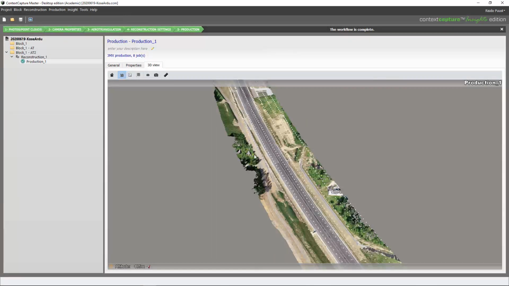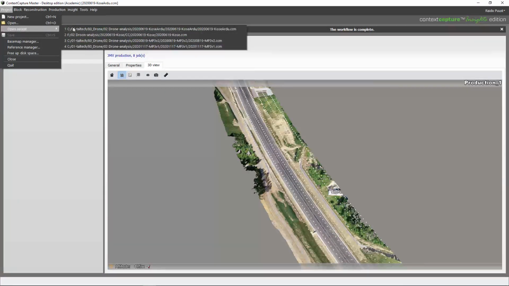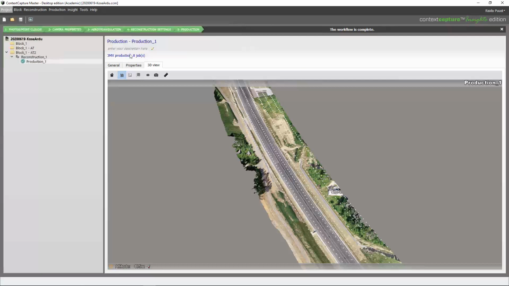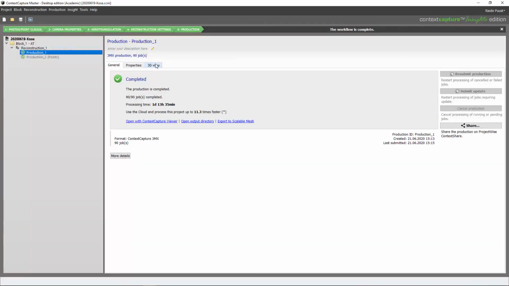Let's do comparisons in between two different PCs that we can use to calculate this model. I will open up this same project that has been calculated in another PC. The final result is the same, but the calculation time